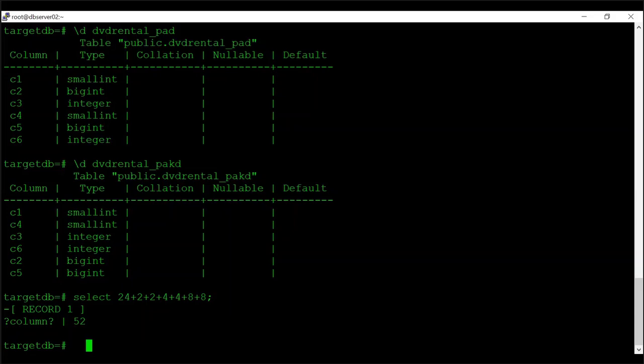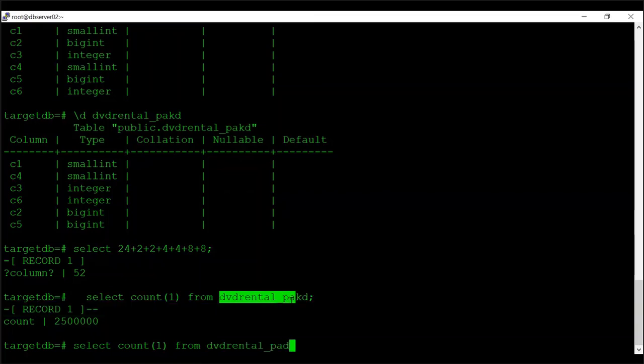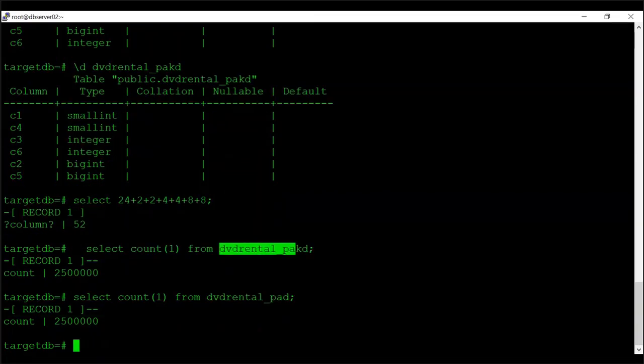What I will do is try to fetch all the records from this table. This table has the same rows, and even this table should have the same rows. We have one more table called DVD pad. Both tables have the same records, only the order is different. Now I want to fetch all the records from this table. So for this, I will just take the